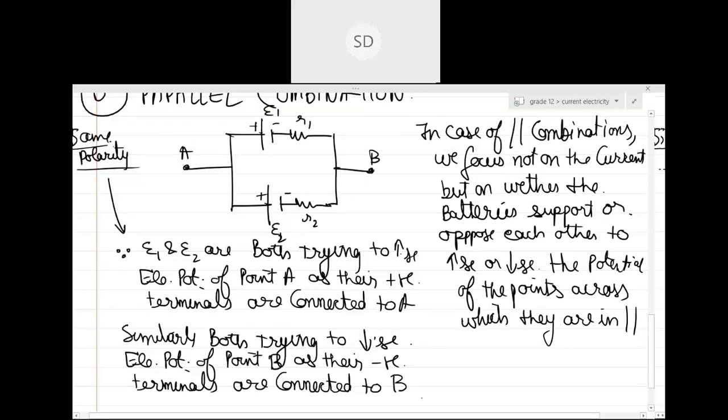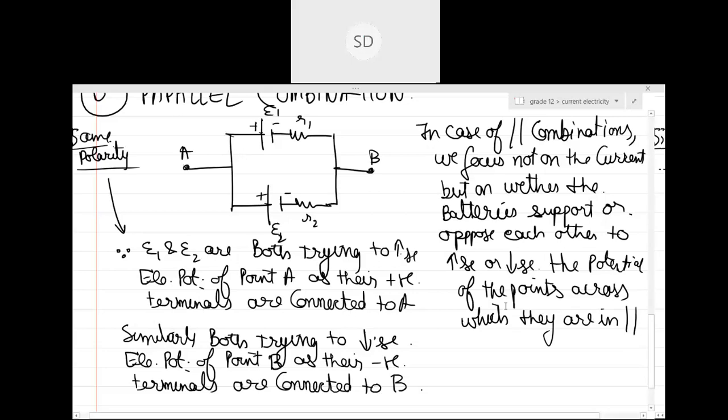So can you see why they are in the same polarity? This decision is very important. Are they increasing or are they decreasing? Yes or no, guys? Is this clear? Yes, sir. Shall we start with the analysis of what the E equivalent and R equivalent are in this case? Yes, sir. Okay, let's start.